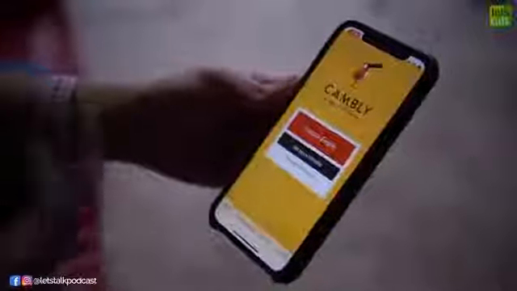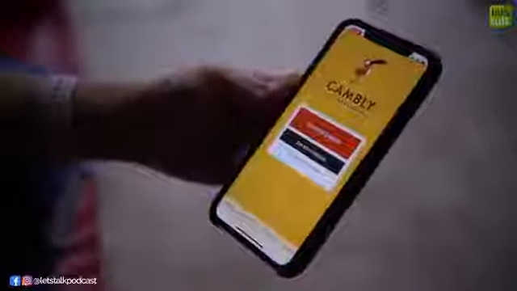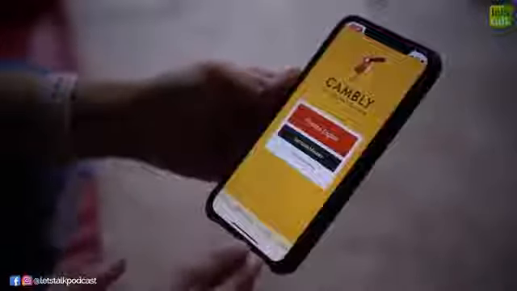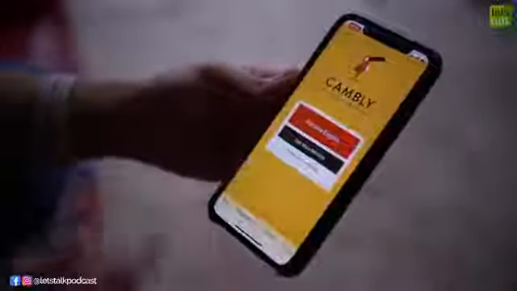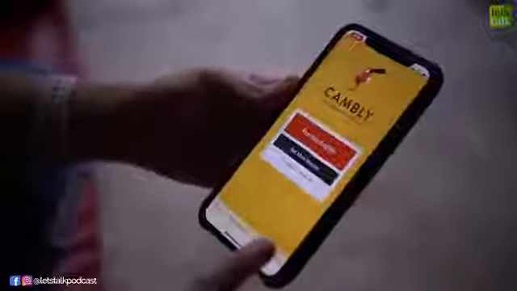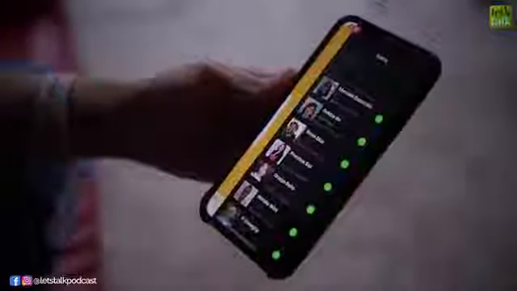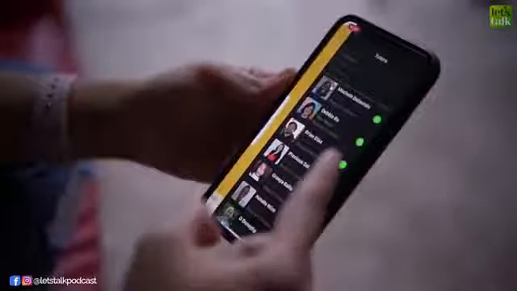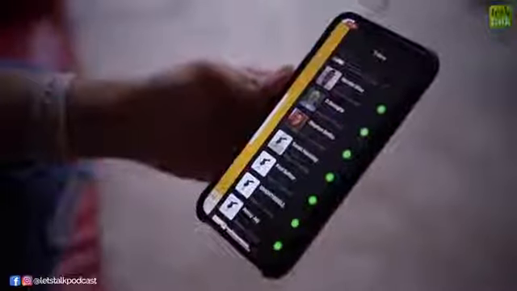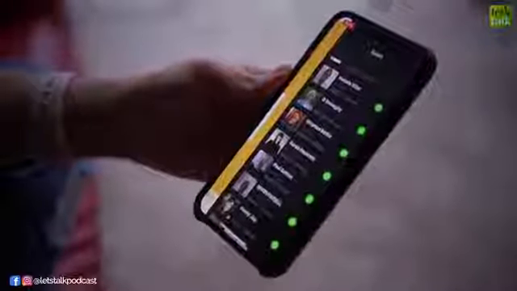Since I have already registered myself, this is the menu bar. We've got the menu, reservations, lessons, tutors. You also see that I have 75 minutes remaining. Now we will go to the tutors and look at this. The ones marked in green mean that these trainers are available to help you out.